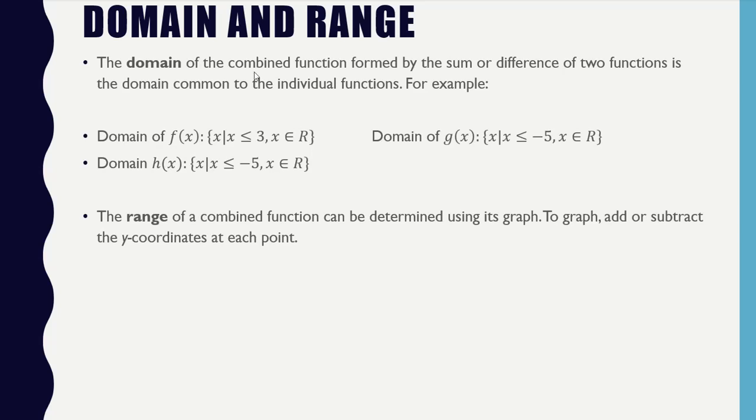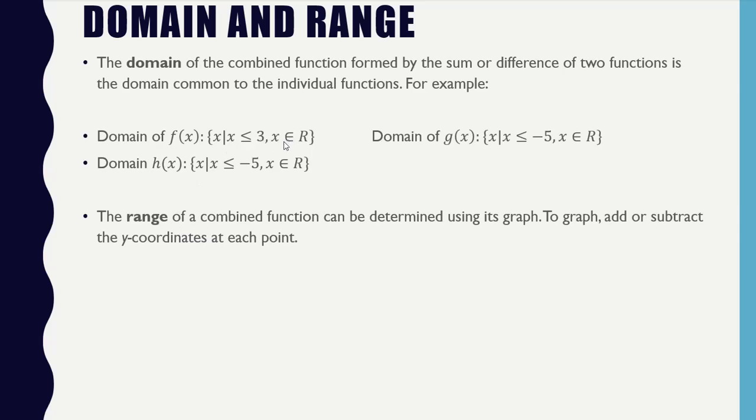So there was a lot going on in that last video. So let's just take a look at the domain and range. The domain of the combined function formed by the sum or difference of two functions is the domain common to the individual functions. So for example, if I had the domain of f of x is equal to x